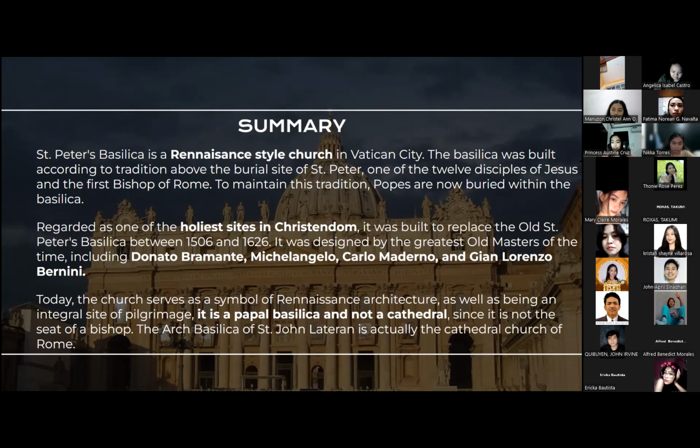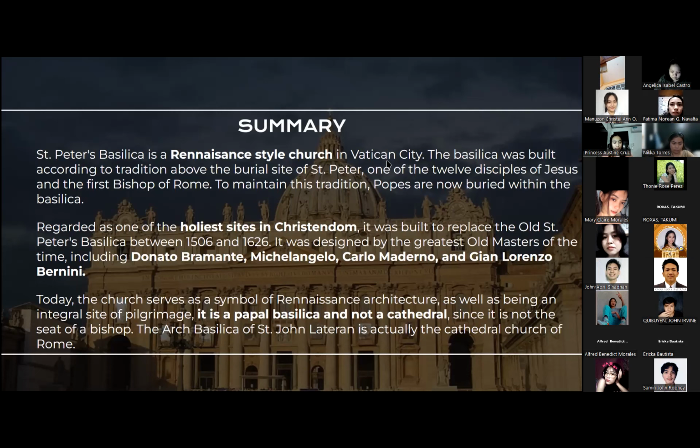As Miss Nika said, there are 91 popes buried in the basilica. Regarded as one of the holiest sites in the Christian world, it was built to replace the old St. Peter's Basilica between 1506 and 1626. As reported earlier, the old St. Peter's Basilica was built on the site in 326 to 333, and it became the most important pilgrimage site in the Western world from 333 to 1505, until it was demolished